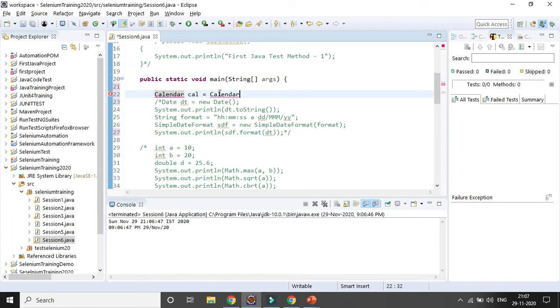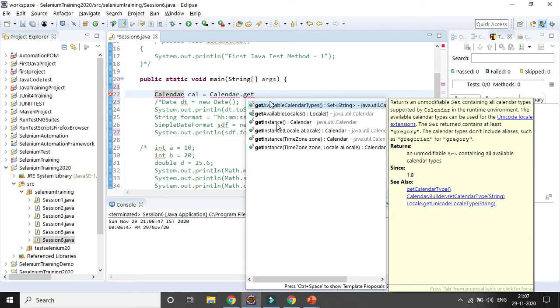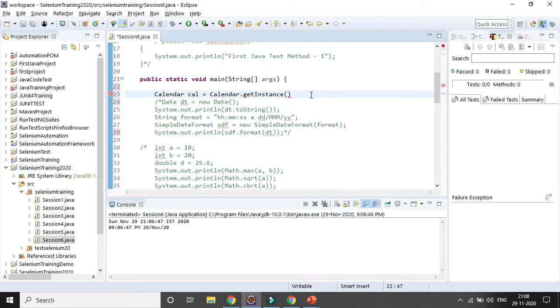It will be calendar dot get instance. Okay, and you can see return type is calendar, right? That is the reason I am using calendar and I am creating the variable. So this is available in java.util.Calendar class, right. So you need to import it, already it's imported.